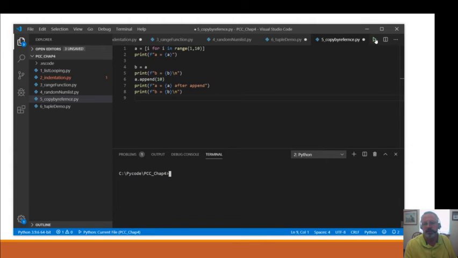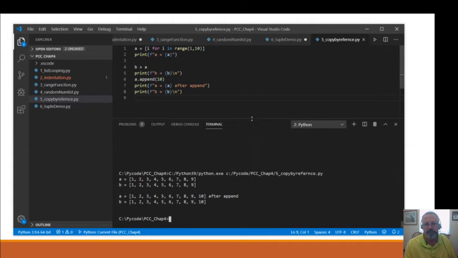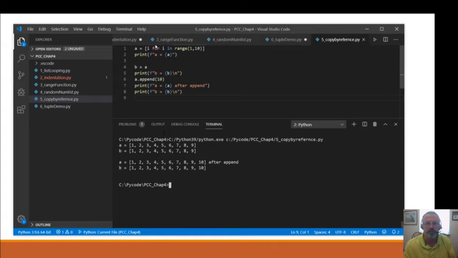I'm going to run this, and we're going to see that with the output here, we've got A equals, and we're creating a list with a range of numbers, and we're printing it out, and say B equals A. Okay, so if B equals A, you would expect it to be the same range of numbers. That makes sense.